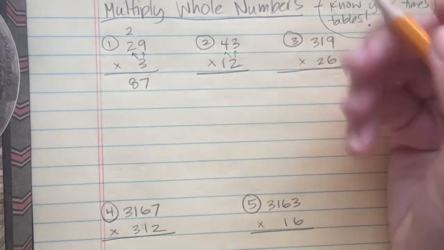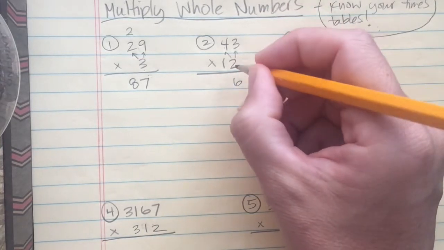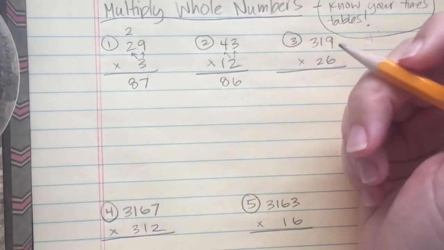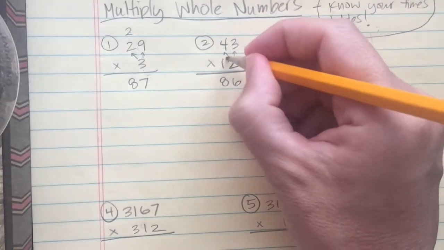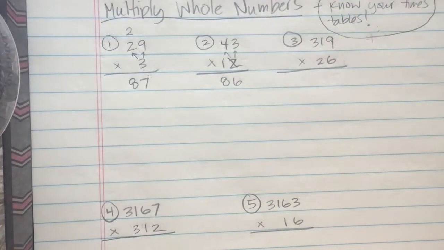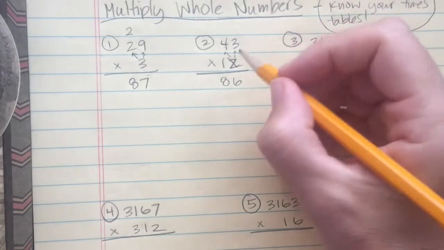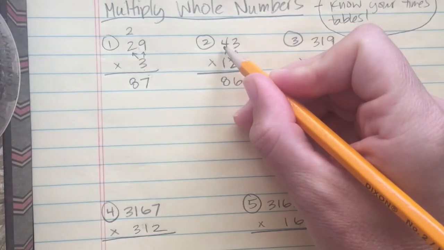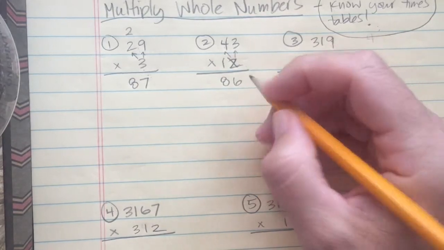So let's start with 2. 2 times 3 is 6. 2 times 4 is 8. Now, what I like to do to keep myself organized is once I'm done with the digit of multiplying it, I cross it out so I know it's done. Then, before I can start multiplying this 1 by these digits, you have to do something very important right here,